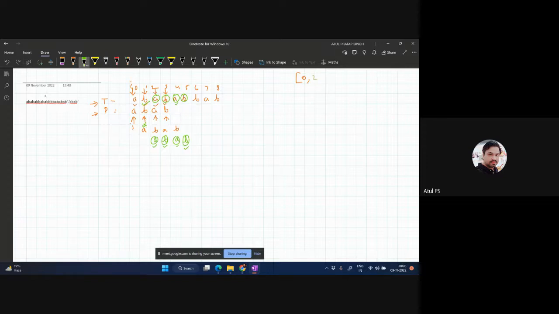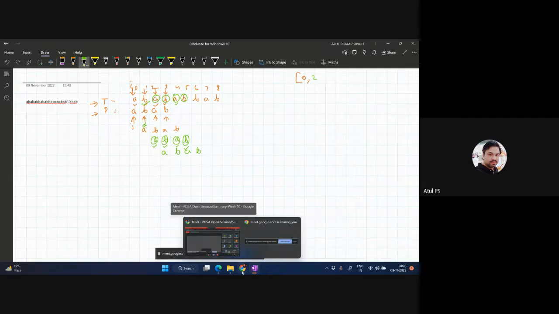Similarly, then we will move one character to the right position. So A, B, A, B. Then we will start the same process again. In that way, we can perform the naive approach that we are performing in the code. So if you see the code now,